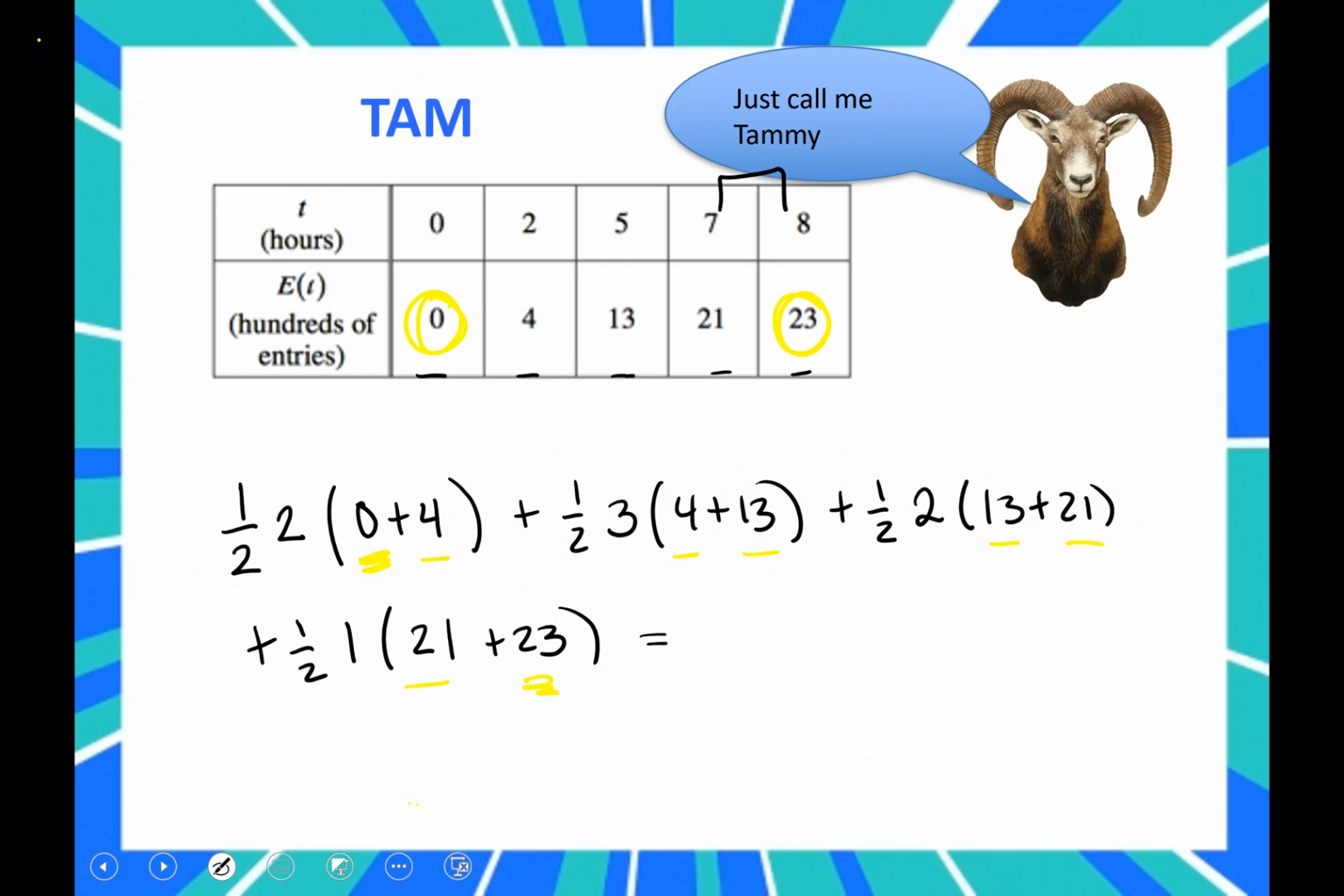I get 85.5. All right, and if it helps you, instead of writing 1/2, write 0.5. I think that's a lot easier. Okay, so your answer is